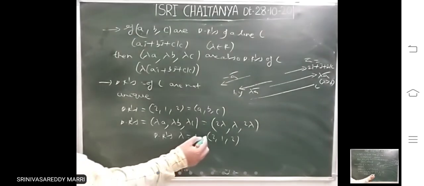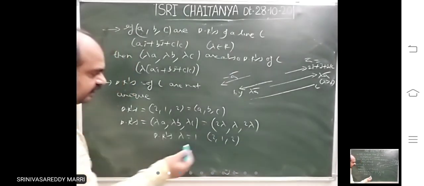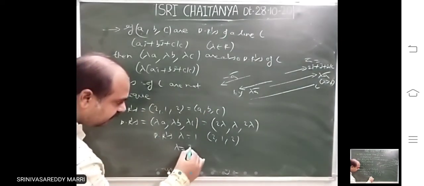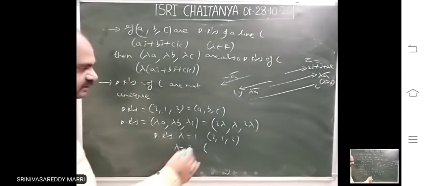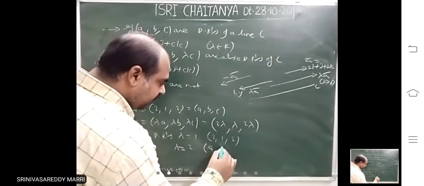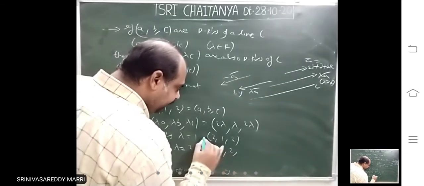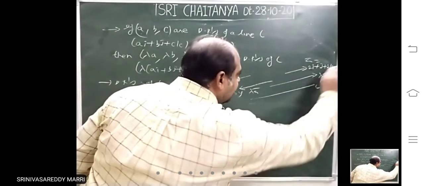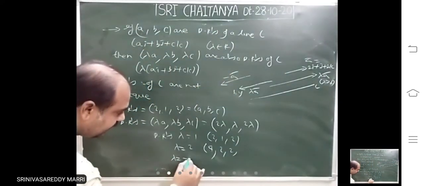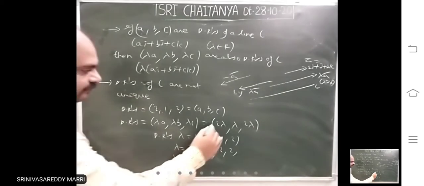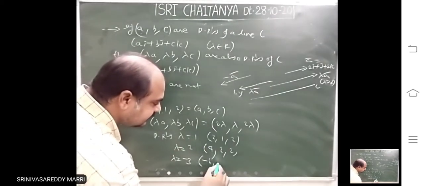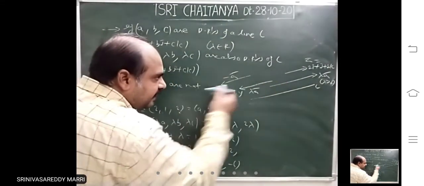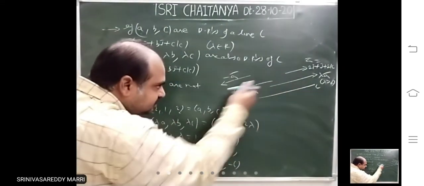Look at lambda 1, 2, 1, 2. Directly you got this. That means that vector shows the direction. Lambda equal to 2, what will you get? DRs 4, 2, 4. That means this is completely multiplied by 2, that means 2a bar will be in that direction. Lambda equal to minus 3 means minus 6, minus 3, minus 6. 3a bar means in this direction. This vector shows this direction.